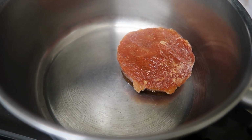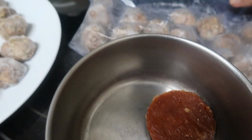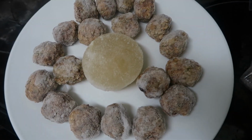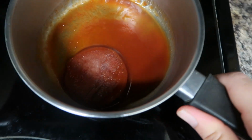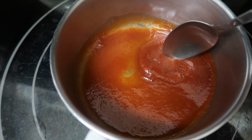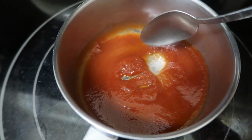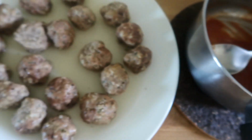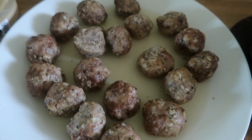This particular day we had meatballs and ketchup, both from the freezer. I didn't reheat all the meatballs because I wanted to save some for another lunch later in the month. To reheat the meatballs straight from the freezer, I put them on a plate with chicken broth and reheated them in the microwave. I put the ketchup in a small saucepan to reheat, but then I realized that I didn't